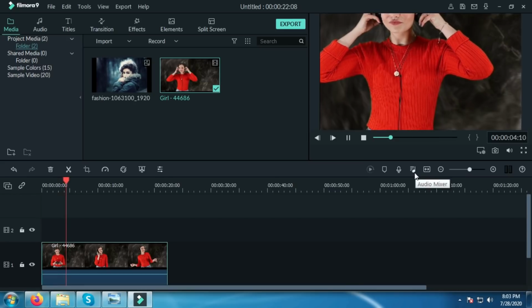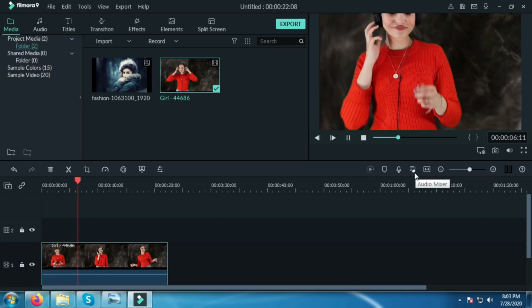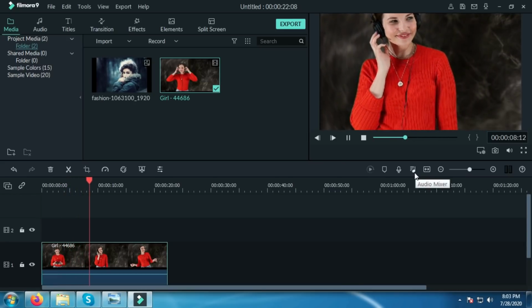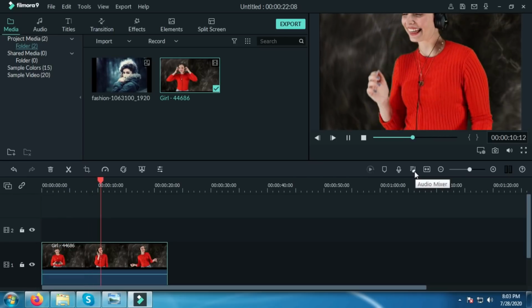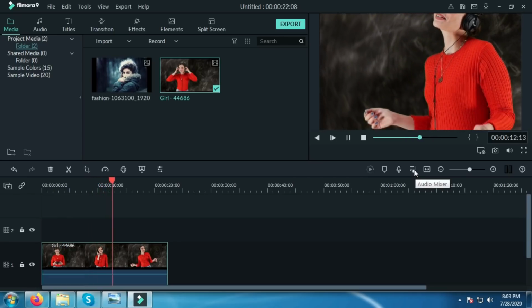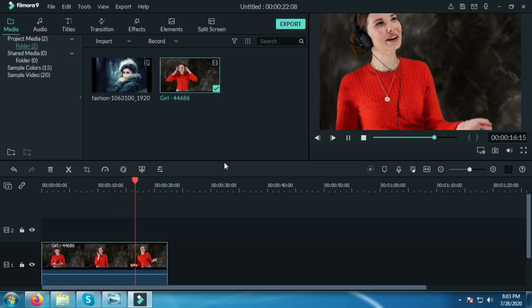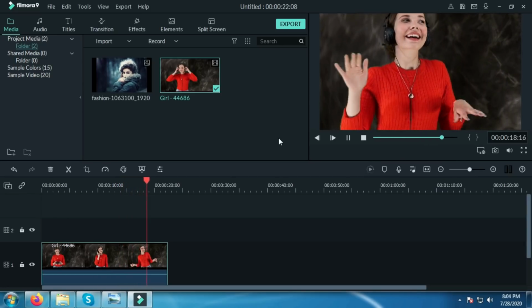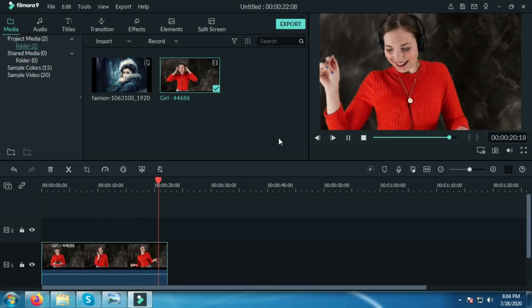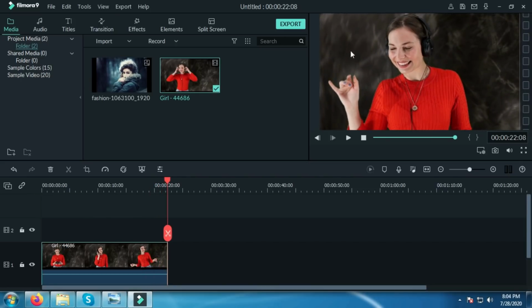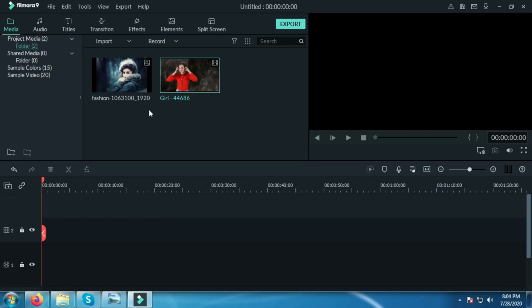See this video, I'm selecting downside, I'm playing this. See, pan and zoom option. So I'm zooming like this. See, the result will be like this.